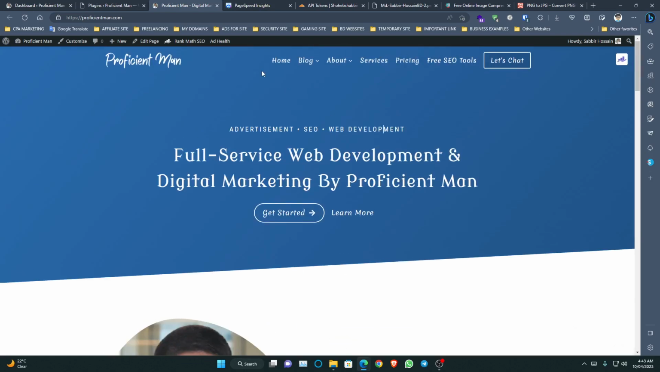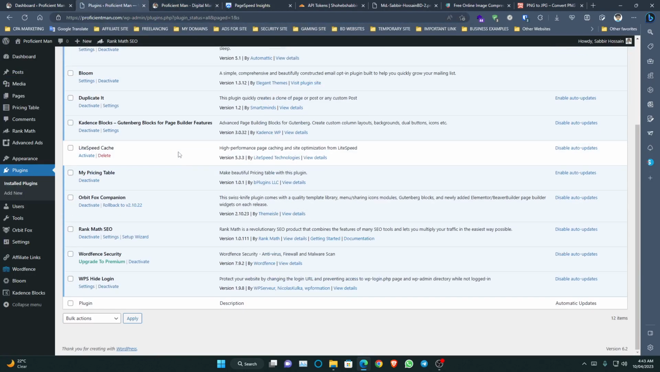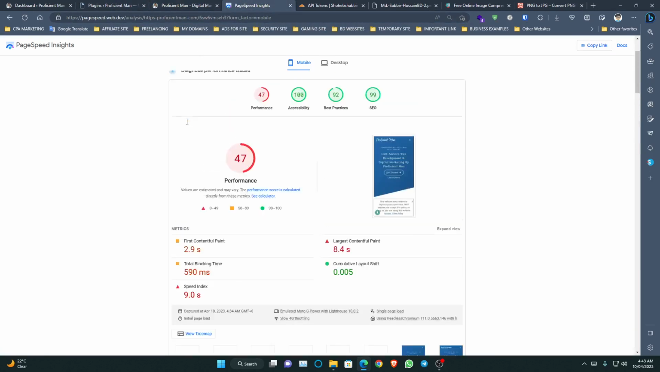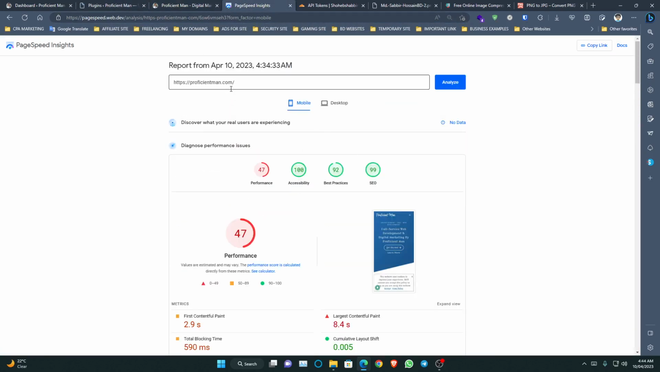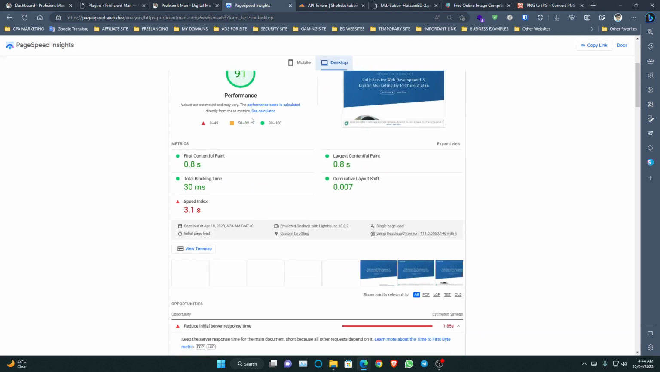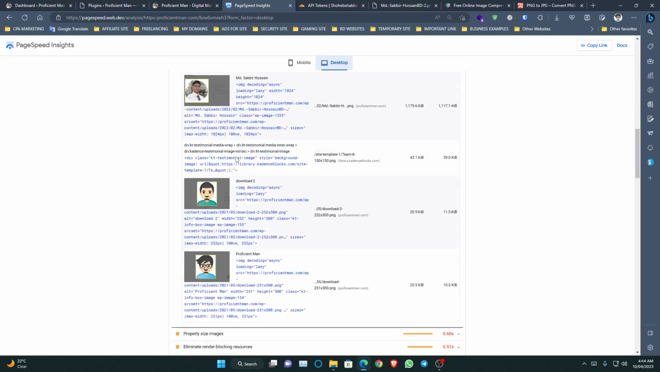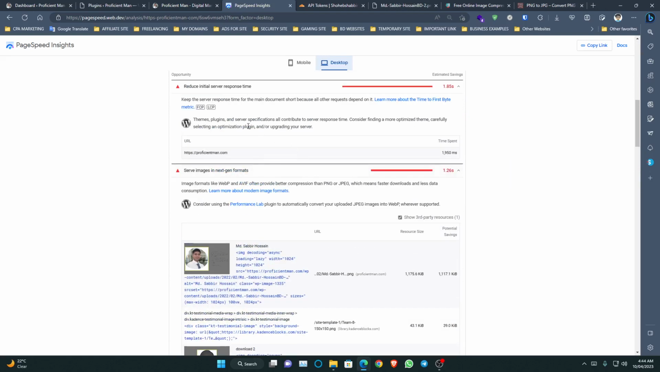So first of all, I have checked the page speed score without any optimization plugin. So I got this score, and I have tested in PageSpeed Insights, and then I got a very good result on desktop without any optimization plugin. Hats off to my hosting provider. Their hosting is very fast, and you can see here some problems are still available, and